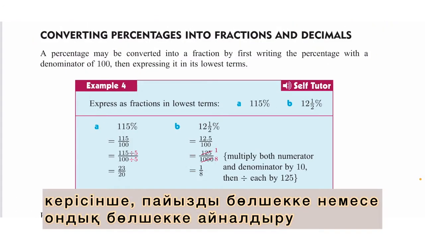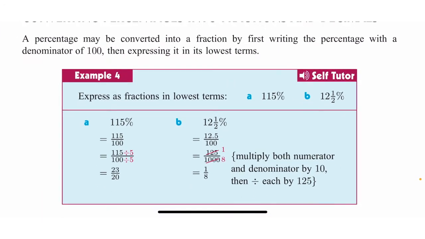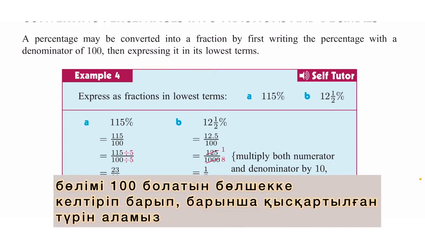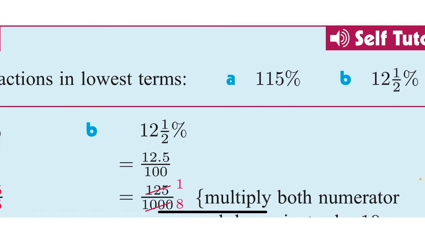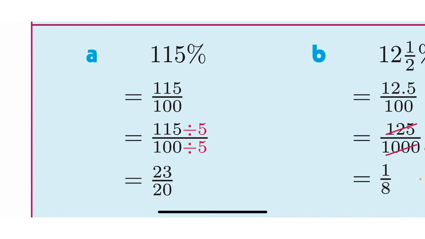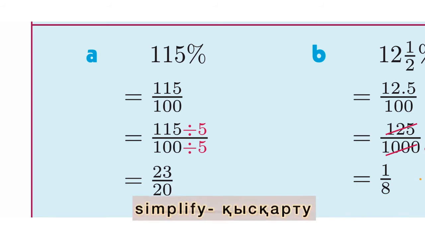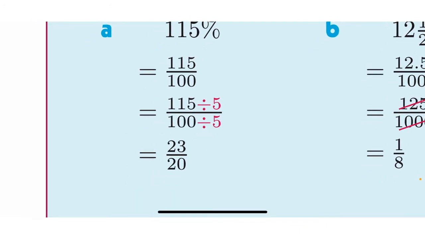And what do we do when we convert percentages into fractions and decimals? A percentage can be converted into a fraction by first writing the percentage with a denominator of 100, then expressing it in its lowest terms. Now we convert this percentage into a fraction. 115%. In order to convert it to a fraction, we divide it by 100. And we simplify both numbers, dividing by 5. They are both divisible by 5. And so we get